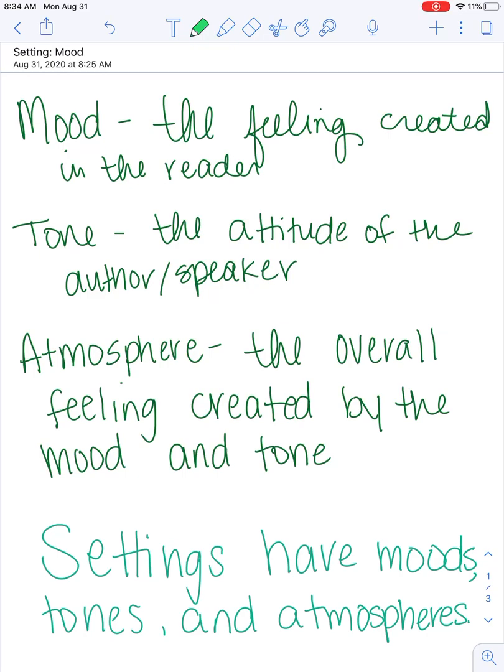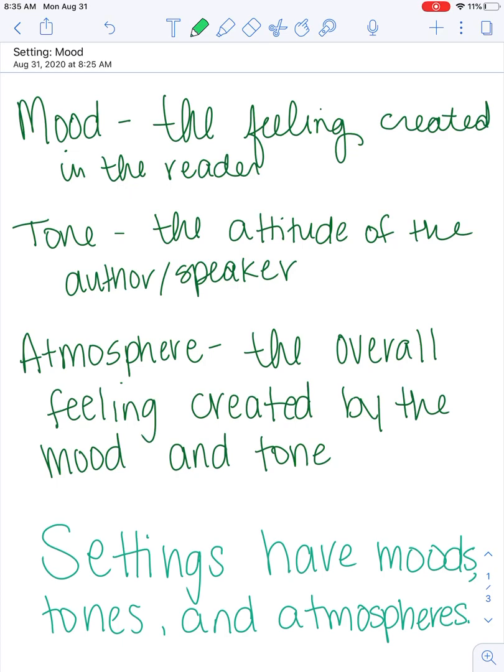Settings have moods, tones, and atmospheres in our stories. So we want to consider those things when we're thinking about our stories, or thinking even about our real life. Think about your favorite place in the world. Just imagine it for a moment. What does your favorite place feel like?